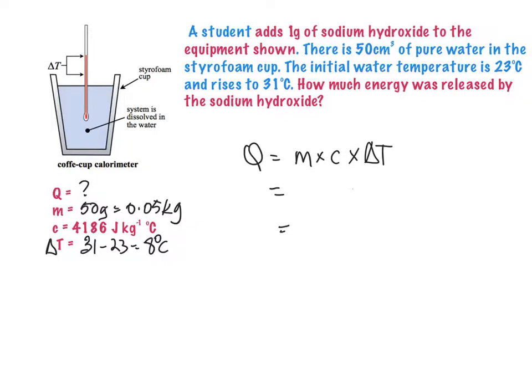Now, hopefully you have got the correct answer, and hopefully you have been shown this on the Edpuzzle. Let's have a look now. Let's go through. For those who have not quite managed, let's have a look at what this is. So let's plug the numbers in. So 0.05 times 4186 times 8, and we should end up with a number of